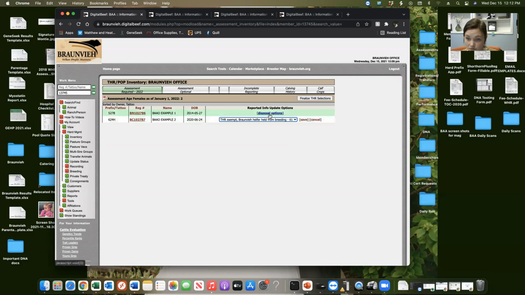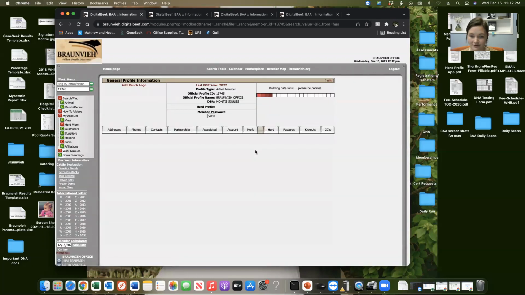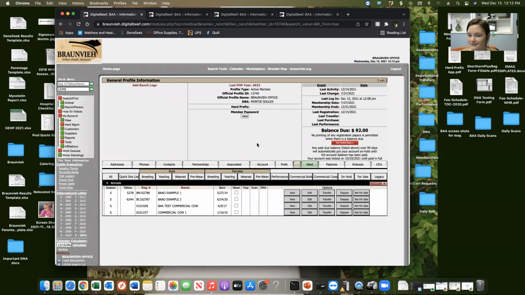So anything that you do give a code to, you will want to hit the save button. So you're going to go through your entire list and do that, okay? And then at the top here, you'll just click Finalize THR Selections. You're going to get a pop-up. Are you sure you're ready to do this? So click yes. It'll think for a minute or two. When you have more animals, it takes a little bit longer. All right. And then you're brought right back to your home screen or your profile page where you will see